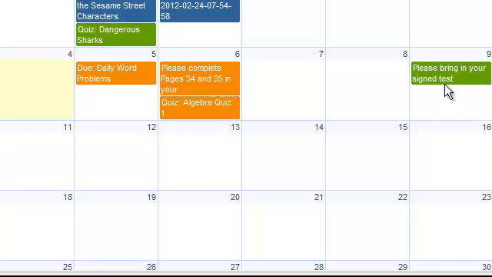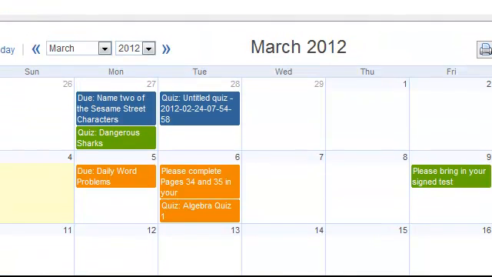Another wonderful thing for teachers, especially for myself because I use Google Calendar and Google Calendar syncs quite easily to my phone, you can actually export your calendar. And when you export it, you can merge it with your Google Calendar, your iCalendar if you're using a Mac, or you can merge it with your Microsoft Outlook calendar. Any of those will work. And to do so, all you need to do is export,